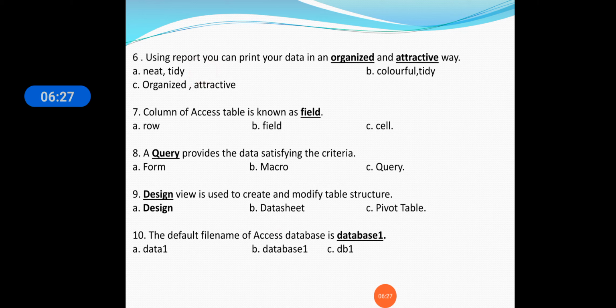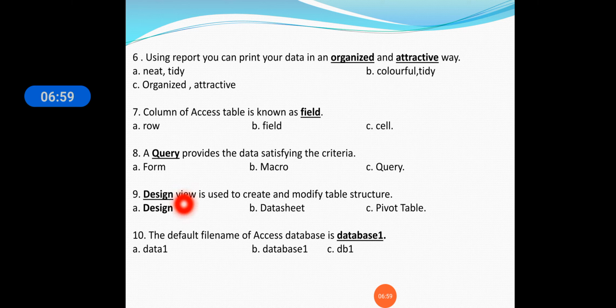Columns in an Access table are referred to as fields. A query gives us data satisfying the criteria. If you want to know the price of books which are more than 500 rupees, by query you can ask and you will get the reply from the computer.